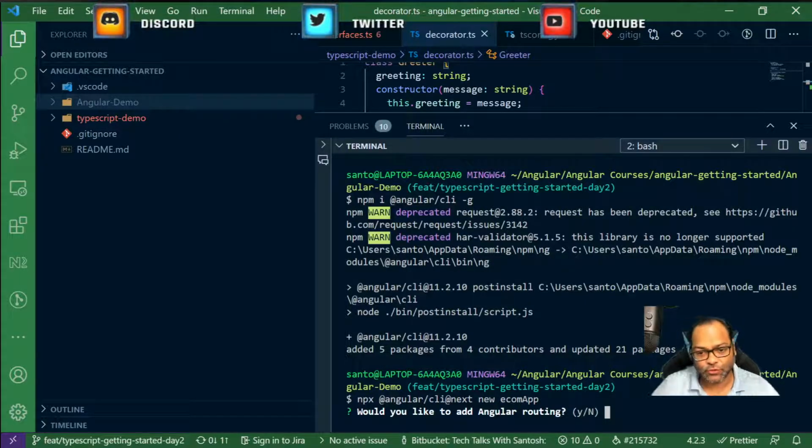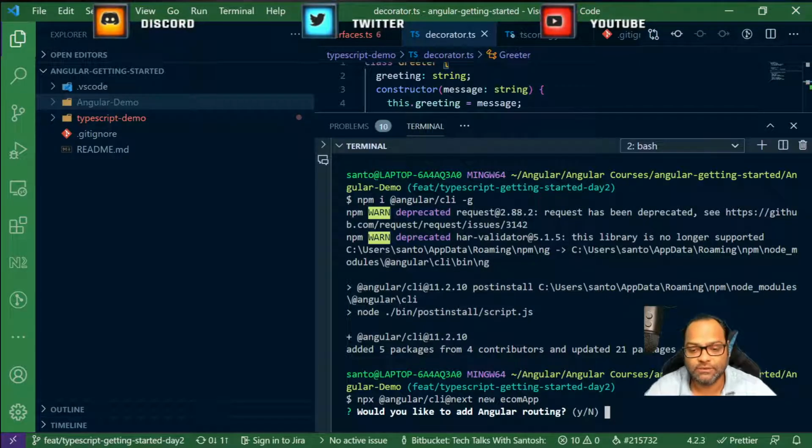So it will ask you a few questions whenever you start a new project using ng new. In case we wanted to do it after npm install, I could have removed this and just written ng new ecom-app, if you want to use Angular version 11.2.10. But as I wanted to use RC, I used npx and then passed new ecom-app.